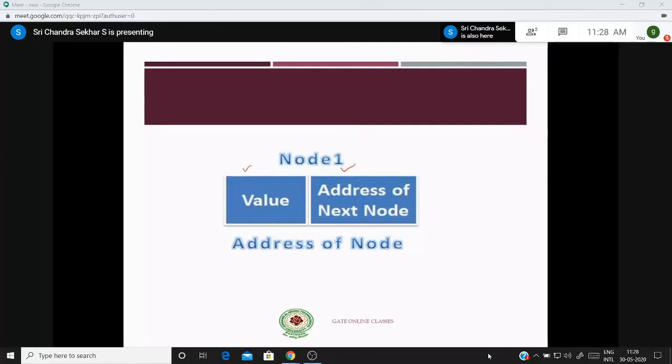Because you cannot make nodes in memory. You make use of the locations of memory, and from those you have to build the nodes. So this is the node name, Node 1, and this is the address of the node. For example, in the previous example, assume that 100 is the base address. So this is the address, right?